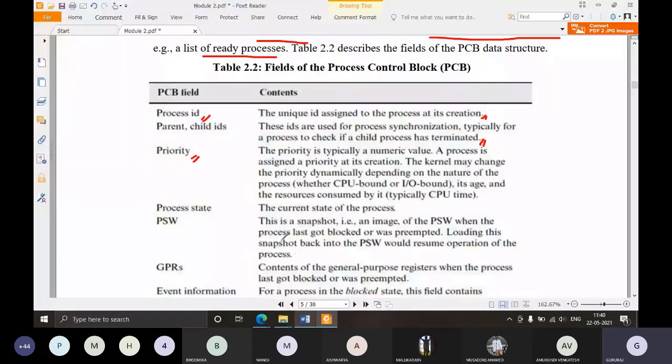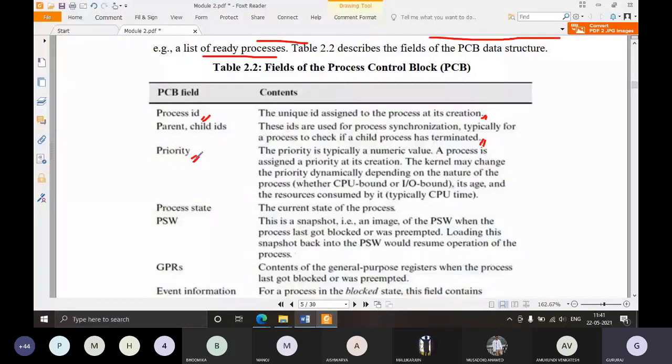So priority is important. As we know, in a multi-programming system, which we already discussed, the higher priority process always gets the chance to execute in the CPU. If the present process utilizing the CPU has a lower priority compared to a newly arrived process with a high priority, then the presently executing process will be preempted. It will be forcefully stopped or paused, and the CPU will be given to the high priority process.